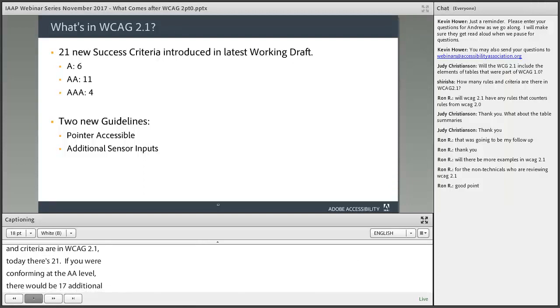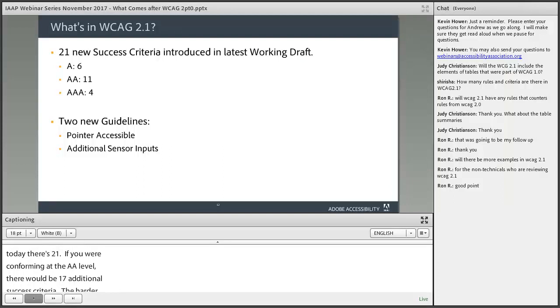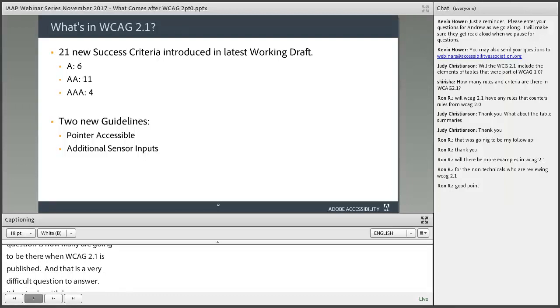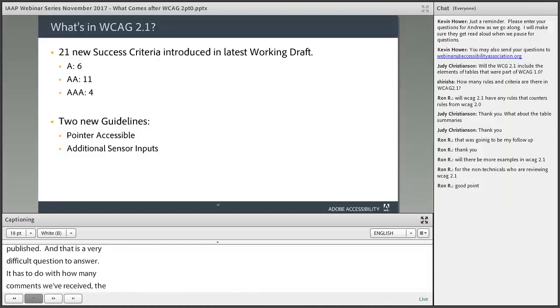The harder question is how many are going to be there when WCAG 2.1 is published? And that is a very difficult question to answer. It has to do with how many comments we receive, the types of comments that we receive, and whether there's additional information brought to the working group's attention that either convinces us that a success criterion is very achievable or not very achievable, so that